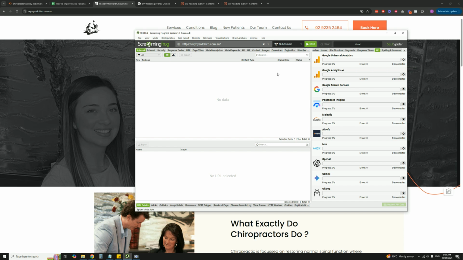Now, with Screaming Frog, what's really cool is that you can add in APIs from a bunch of different analytics tools. So typically, if this was my client and I had access to all of their tools like Google Analytics 4, Google Search Console, and PageSpeed Insights, I would actually connect these up for this website, and this will give us additional data points for each of the URLs, and we'll be able to analyze at a deeper level